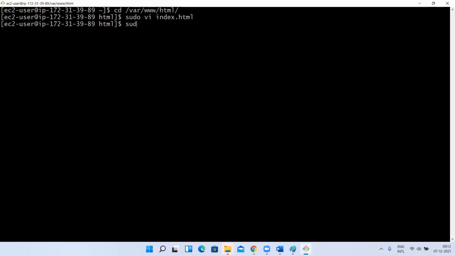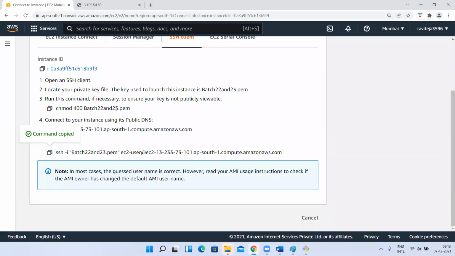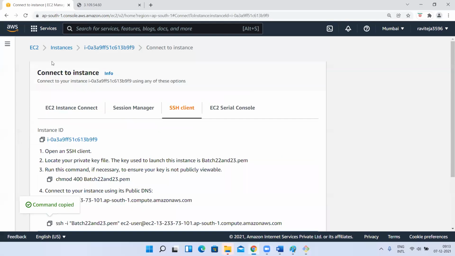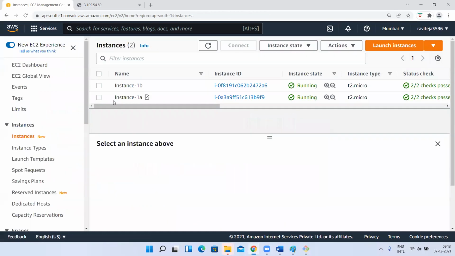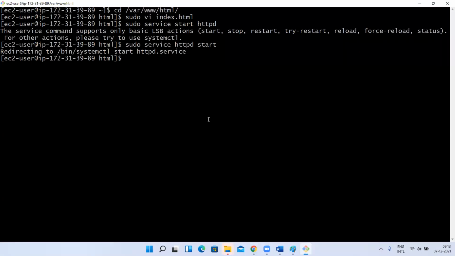Okay, sudo service httpd start. Now if I try to access instance 1A directly, it should work. Okay, let me change that.